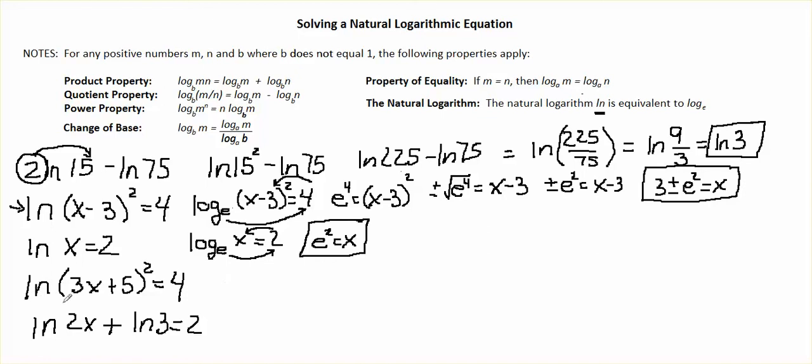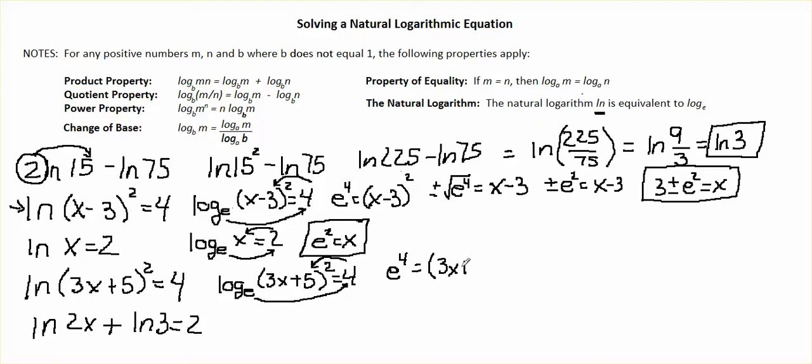Alright, so let's solve this. Again, we only have one logarithm, so we're going to convert this natural log to log base e, just so we can see it. We don't actually have to do that if you don't want to. As soon as you get used to seeing the natural log written here, you don't need to write log base e. You can go straight to the conversion. So we change this to exponential form, and we get e raised to the fourth power equals this,